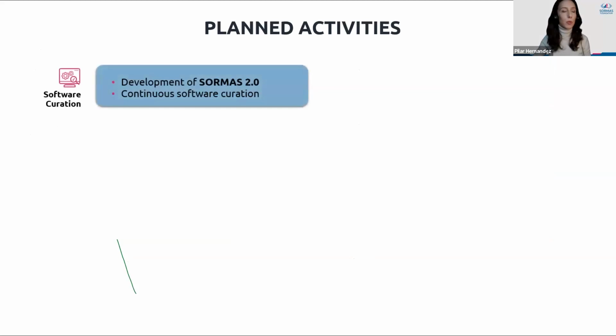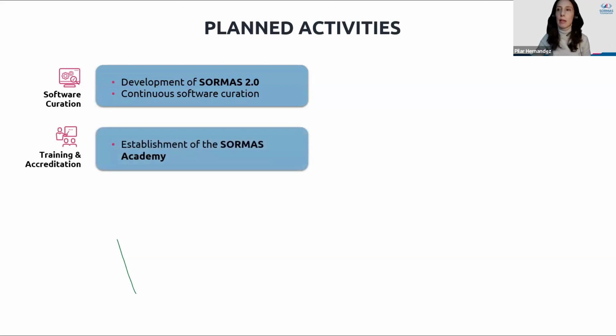In the area of software curation, we are working on the development of SORMAS 2.0. That should include some enhancements in the system. We'll continue, of course, doing the curation of the software, exchanging with the different actors and developers, getting feedback from them. In the area of training and accreditation, we will develop and establish very soon the SORMAS Academy. You will see that soon. Hopefully, we aim not only at providing in-person trainings, but also online trainings to facilitate people who are interested in SORMAS to get all the information